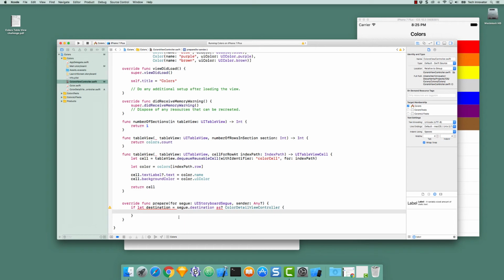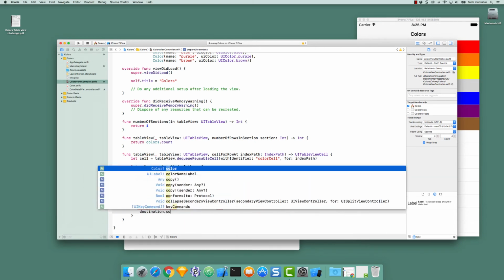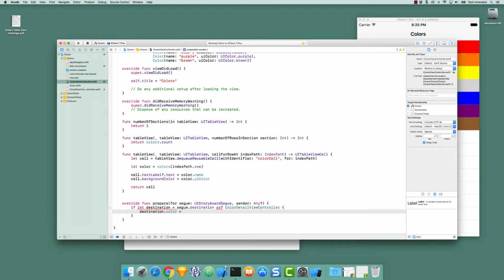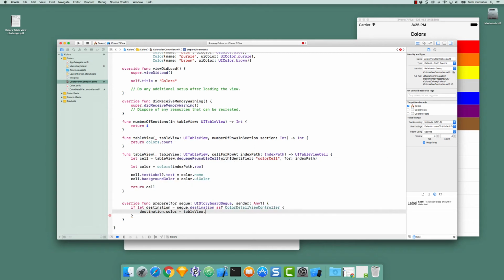and then I can do whatever I want with this as a ColorDetailViewController. So I can say here destination.color equals, and now I need to specify the color that the user selected by tapping on a cell. And it is the table view object that knows what cell was selected. So it is from the table view that we will get the selected cell. So I'll put here tableView dot,